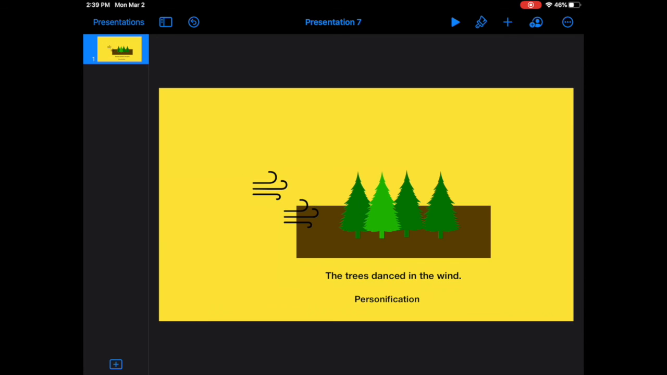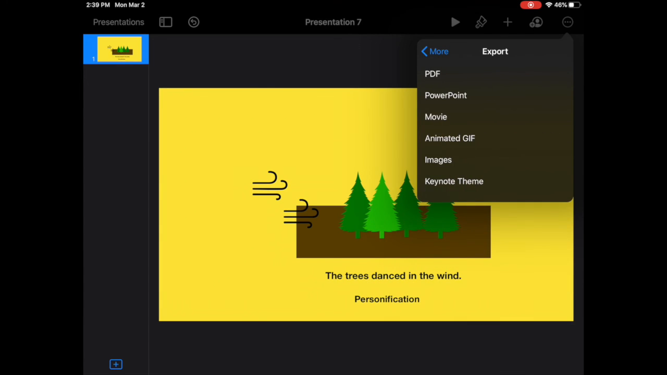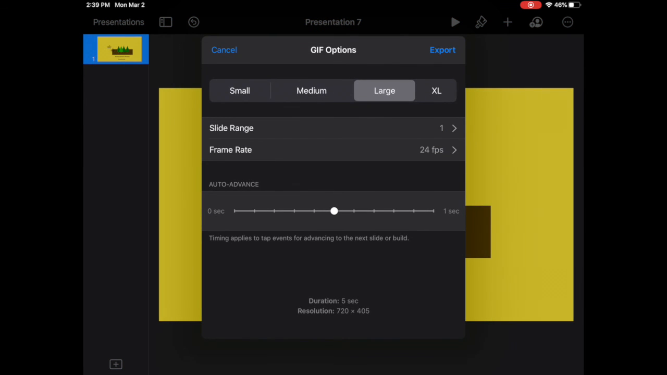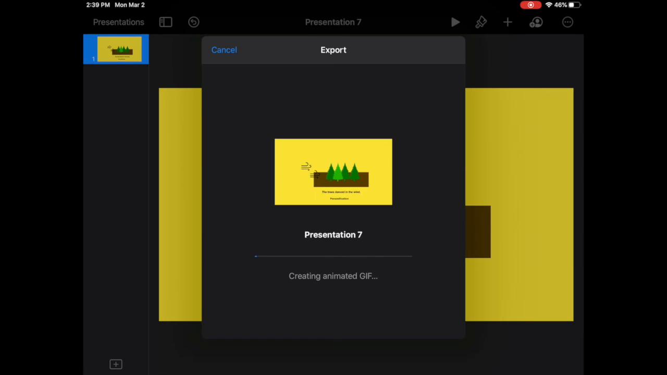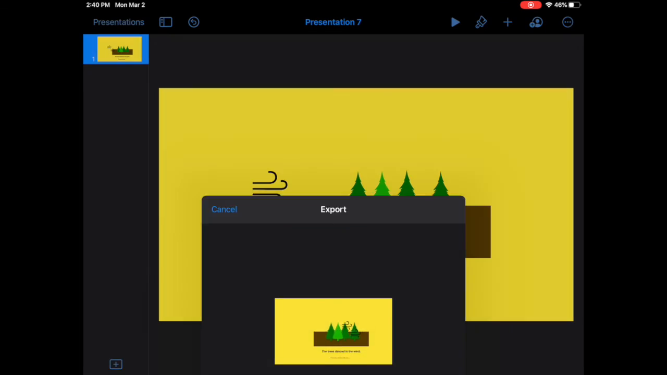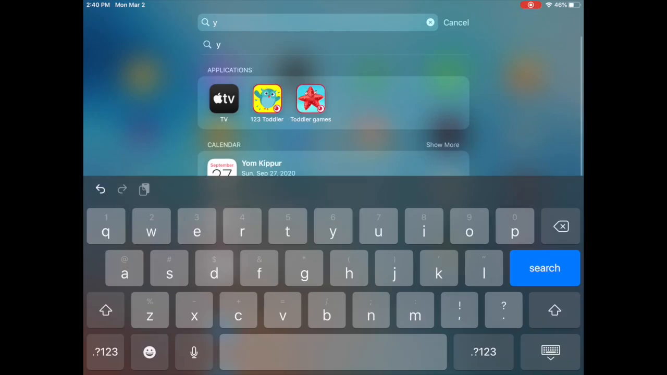We can click on the three dots in the upper right-hand corner, and click on the export button, and you can actually export and save this as an animated GIF. And all the settings here are fine, but the reason that I like exporting it as an animated GIF, we'll share it to our images, so we'll save image, is that when we go to our photos,